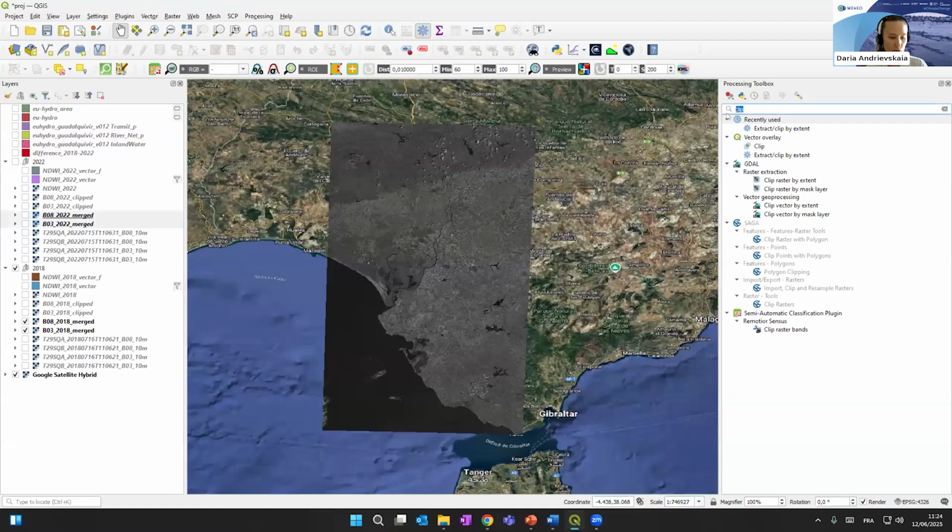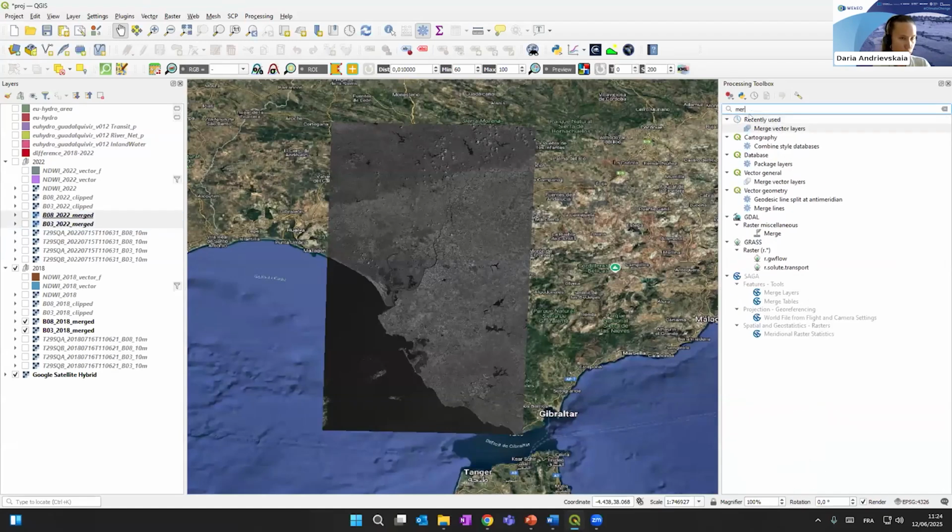To merge, we go to the processing toolbox here. If you don't have it open, it depends on your QGIS settings. You can find it, though my Zoom panel covers it, but here on top there should be a little